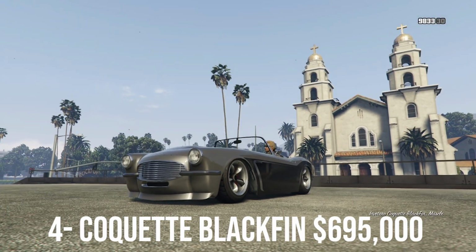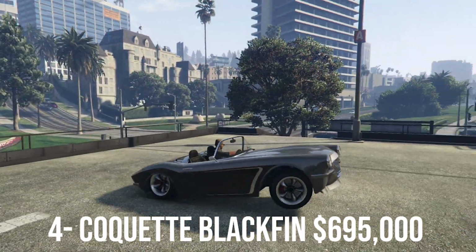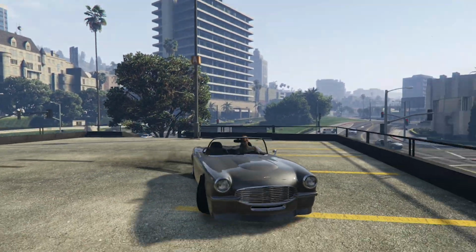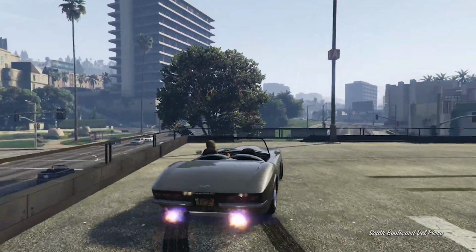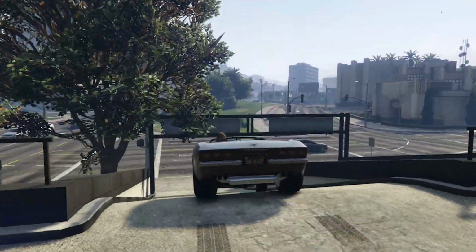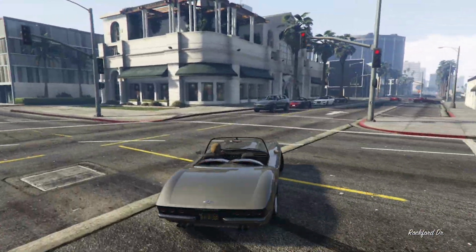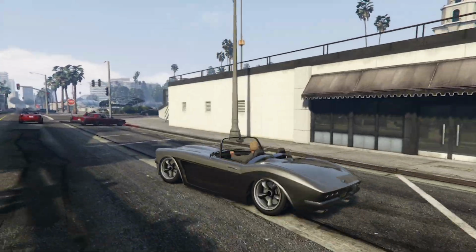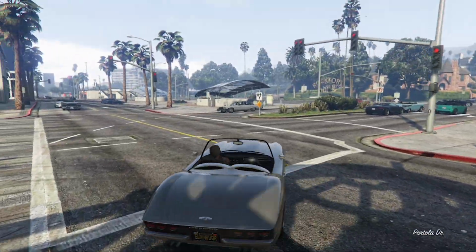Yep, I bet a lot of you guys were not expecting this. Barely nudging out the Mamba is the Coquette Blackfin as it pops that wheelie to remind us it's in the muscle car category, and it is a proper muscle car. The reason I put this ahead of the Mamba is because everyone needs to drive this. If you enjoy drifting, if you're experienced, or if you're new to drifting, just learning, because this car gives the